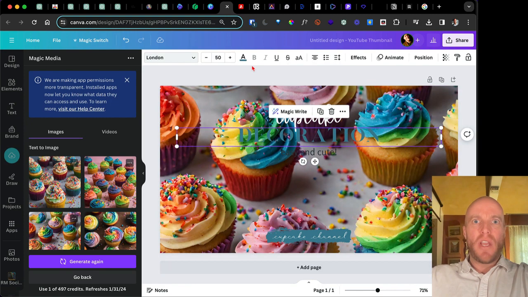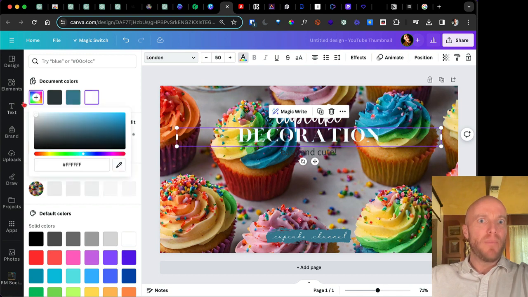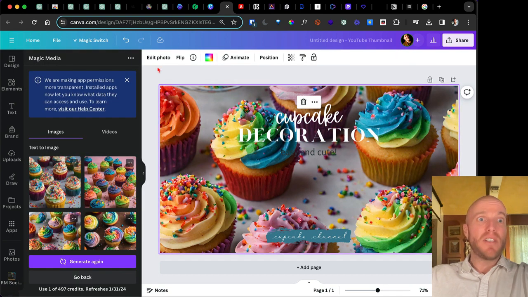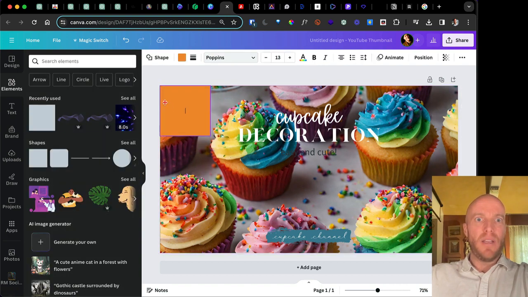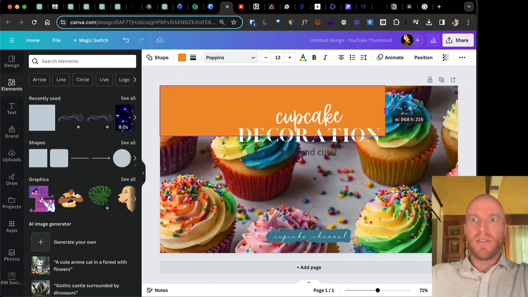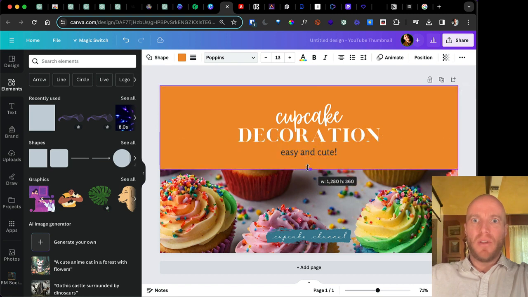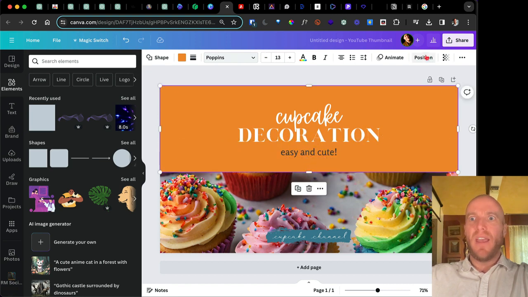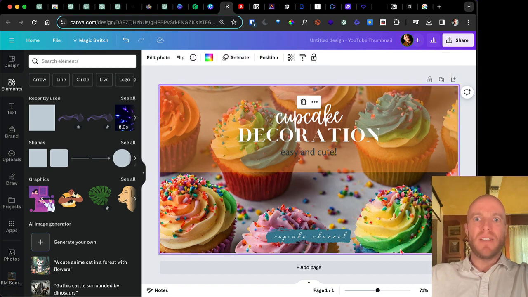Obviously, I'd want to change this to some different colors and maybe even fonts or whatnot. But you know, I could start to have fun with that, right? If you needed to put like a square background, you could do that with a little bit of transparency. Maybe you wouldn't want it to be orange. Maybe you would. Who knows? But you could start to do stuff like that. And then just so it's more readable, you can come up with ideas of what you would want to do. Maybe put that all at the bottom.